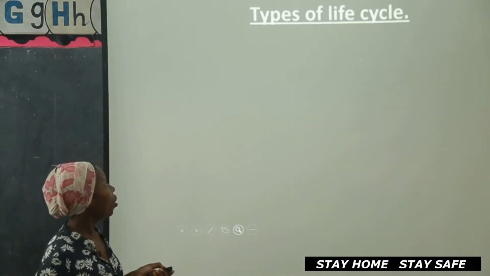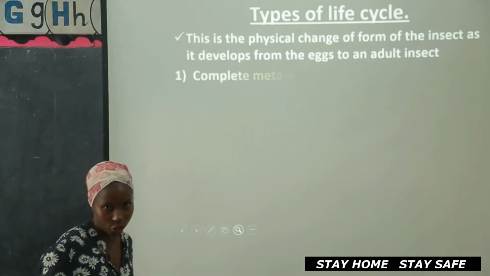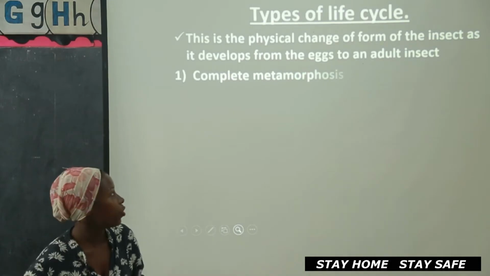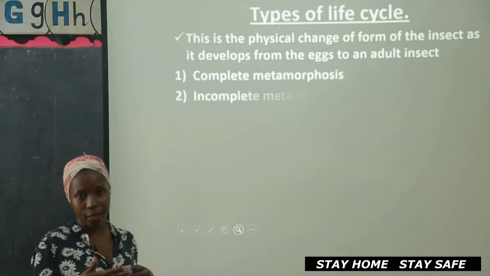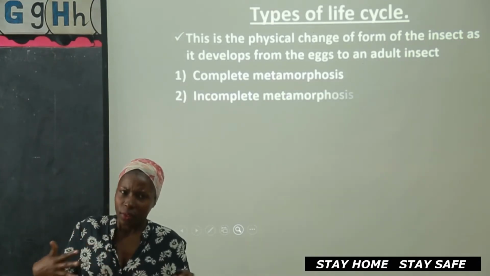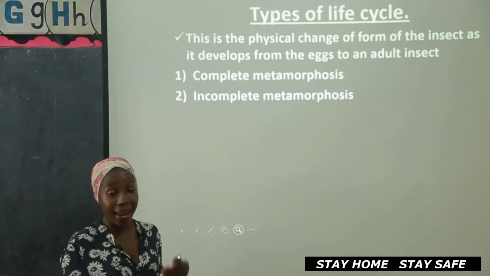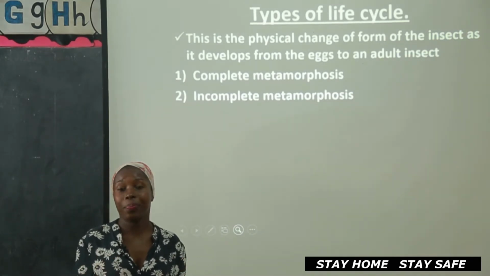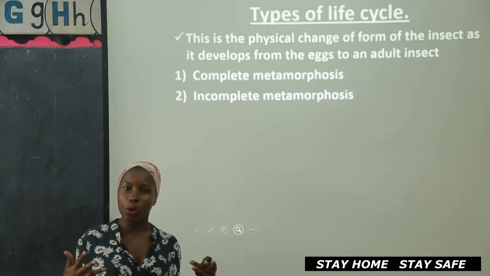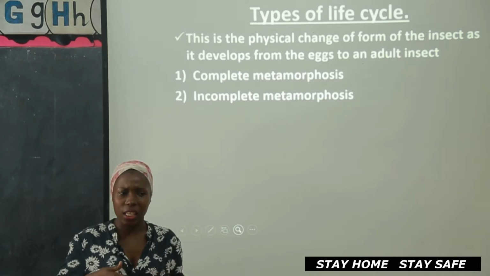Life cycle is the physical change, a change of the insects as it develops from the eggs to an adult stage. The stages it undergoes is what we call the life cycle. It also has another name, another term. It can also be called metamorphosis. All right? So I want us to see